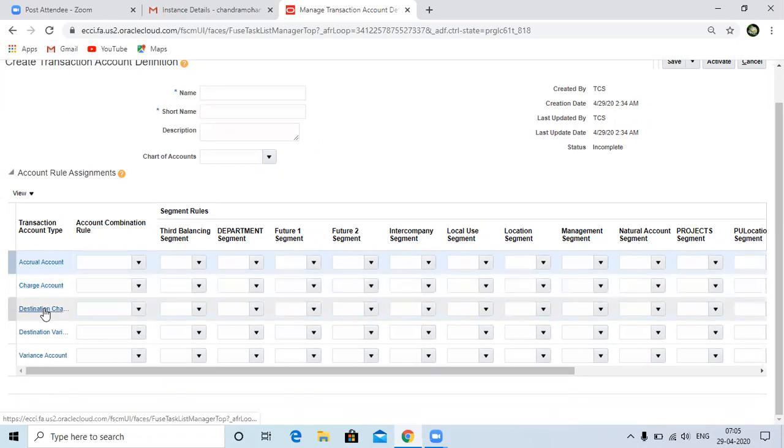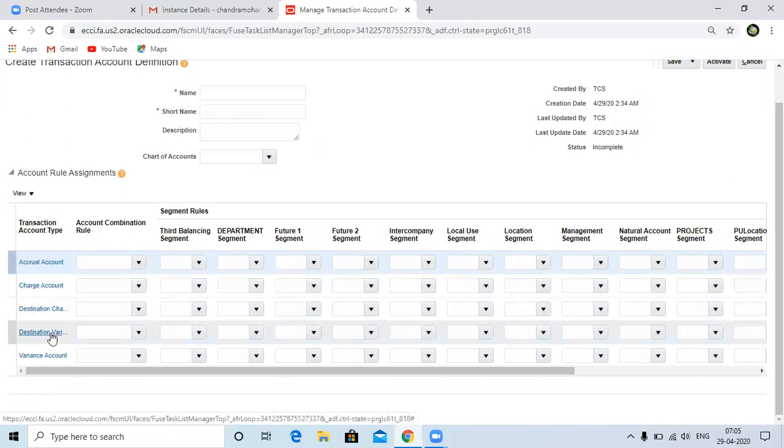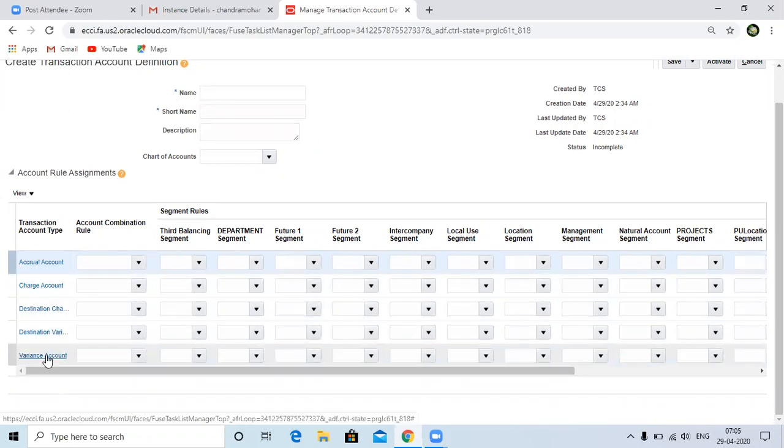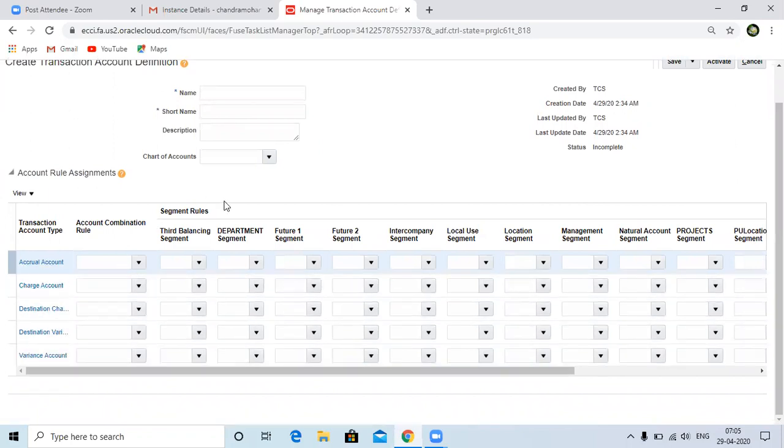What is your charge account? What is your destination charge account, destination variance account, and the variance account? These are the 5 accounts we need to set. This is something like SLA, the subledger accounting method. The subledger accounting setups you are doing for your purchase order transactions is nothing but a transaction accounting definition.